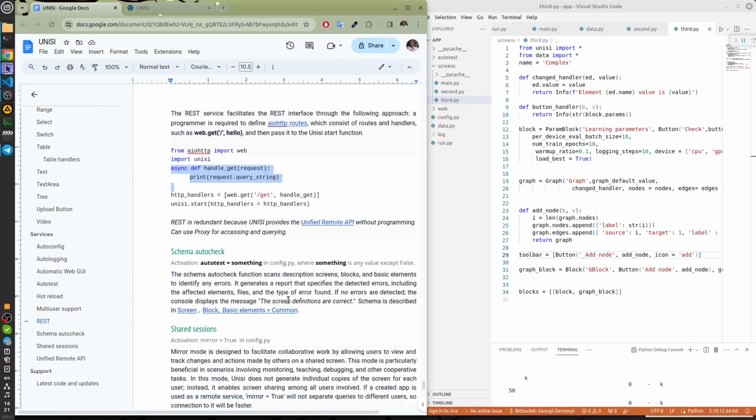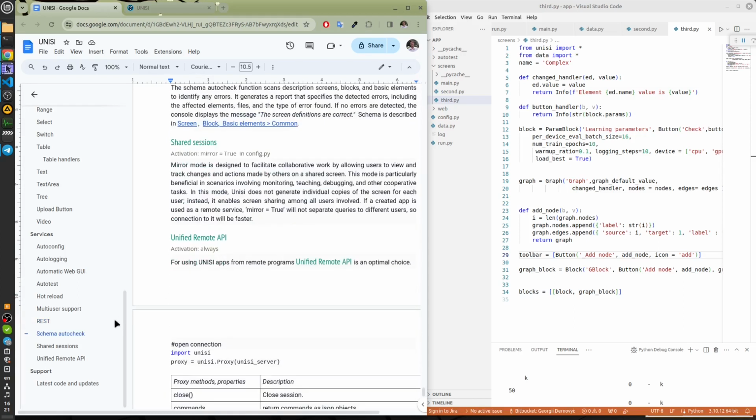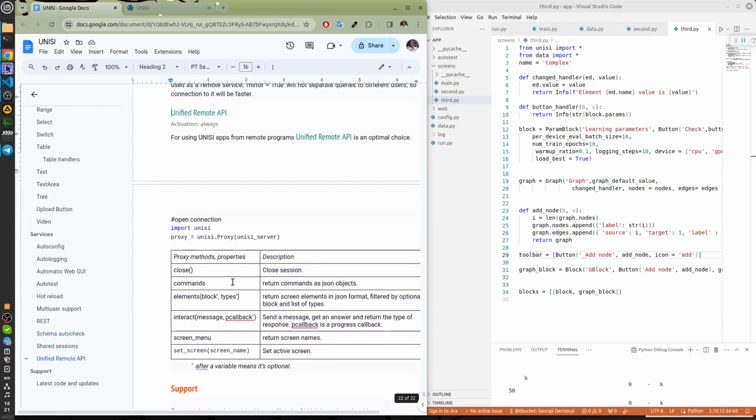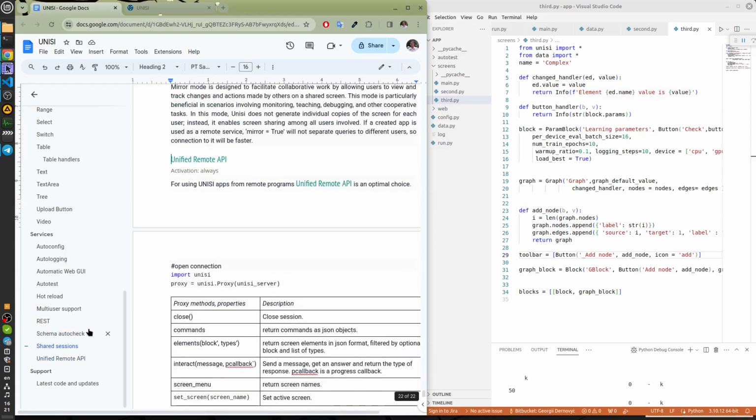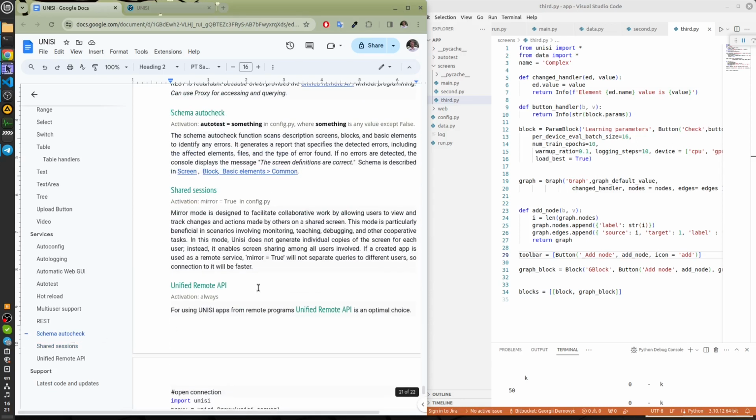But if you need it, write HTTP handlers and point them at the Unici start function. REST for Unici is redundant because we have the unified remote API, which is much better, much smarter, faster, and ready to use. Just remember several functions. Just insert it where you need to use it.